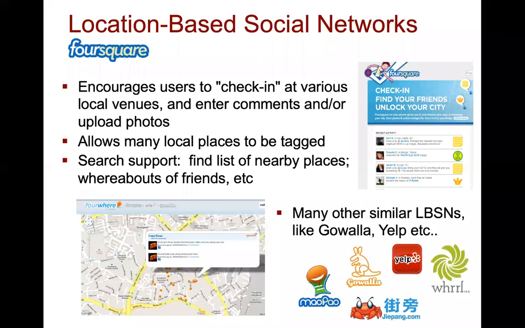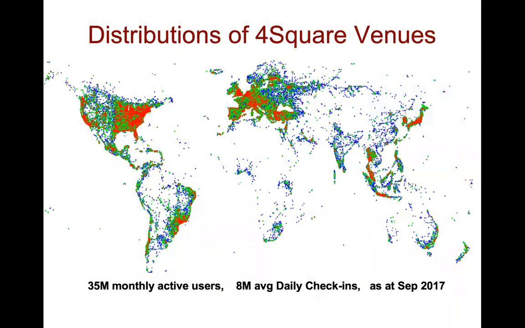So there's a bunch of other networks, and as I say, Facebook, Instagram, and Twitter are also per se location-based social networks nowadays because they have a lot of location data. But Foursquare was one of the first, and Foursquare only did that, while others do everything else. So that's why it's so special.